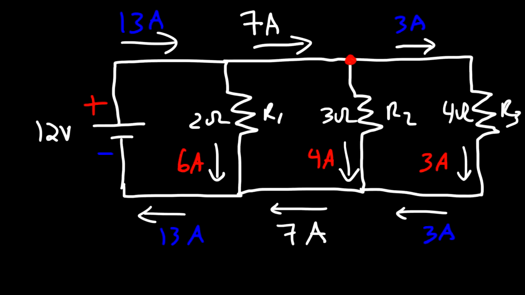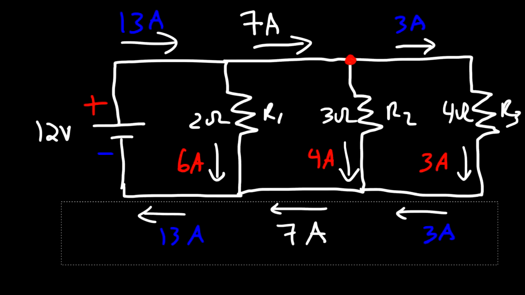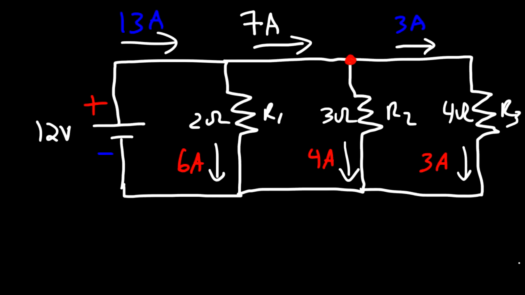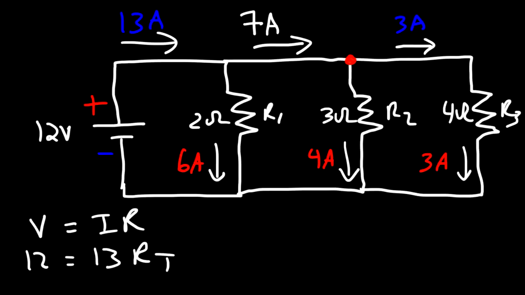Now, let's calculate the total resistance or the equivalent resistance of the circuit using Ohm's law. If you know the total voltage of the battery and the total current leaving the battery, you can calculate the equivalent resistance of this circuit. You can view it as one big resistor. And so let's use Ohm's law to do that. The voltage is 12, the total current is 13, and let's calculate the total resistance. So it's going to be 12 divided by 13,